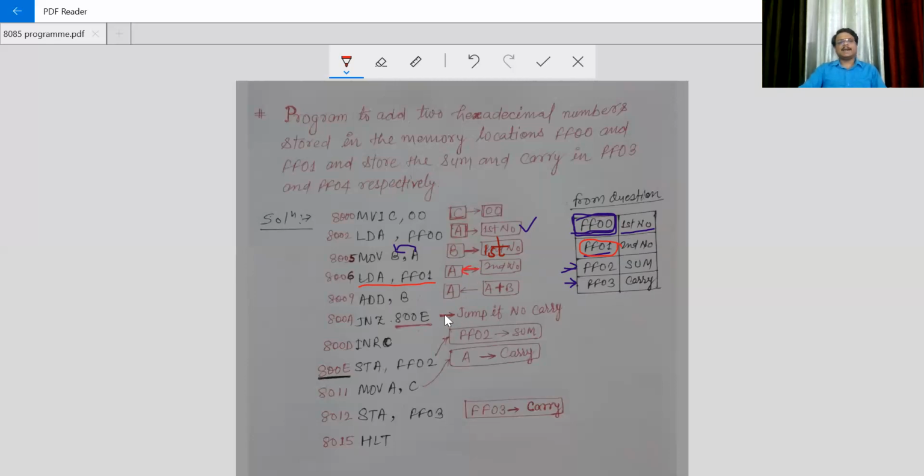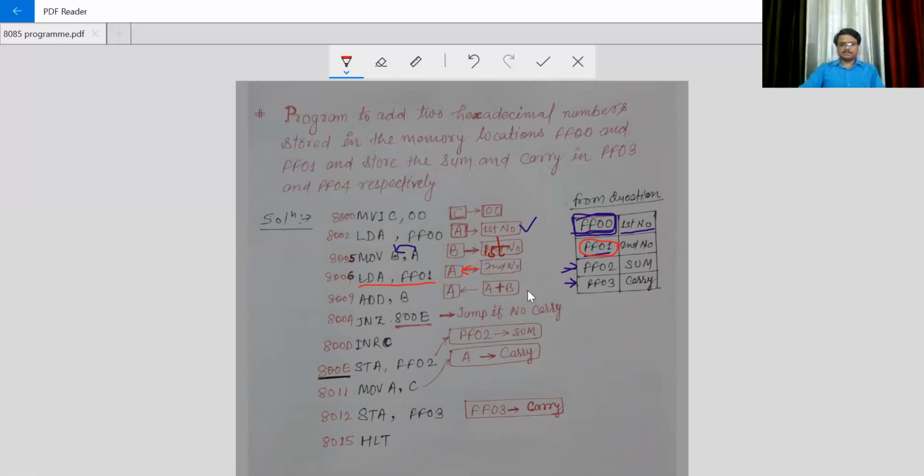Now simply add B. A becomes A plus B, and the result will be in A. A contains the second number and B contains the first number, so first number plus second number, the addition, will be stored in A. Now you have the addition of these two numbers.